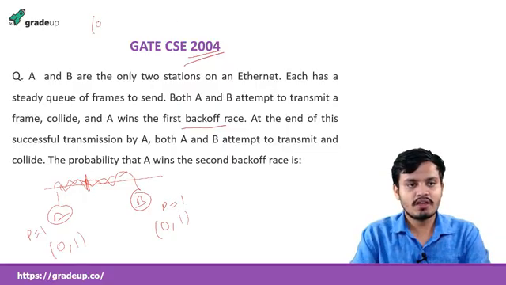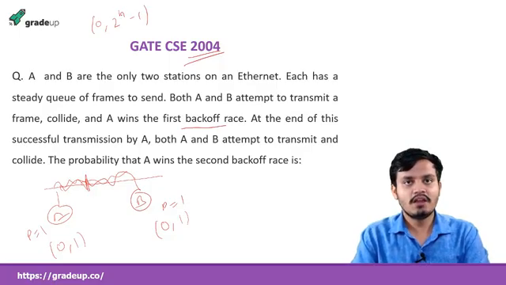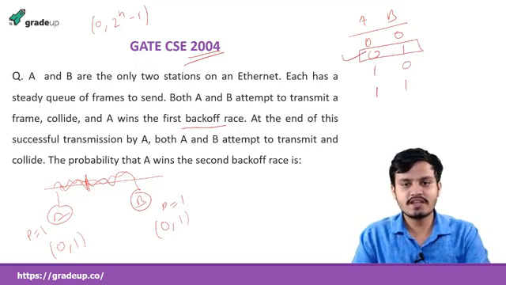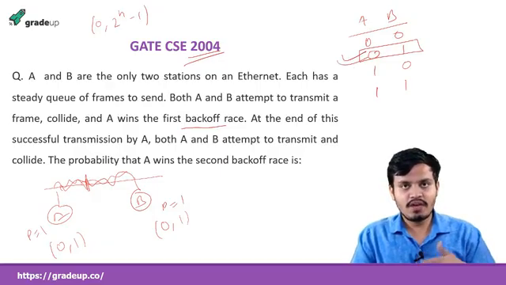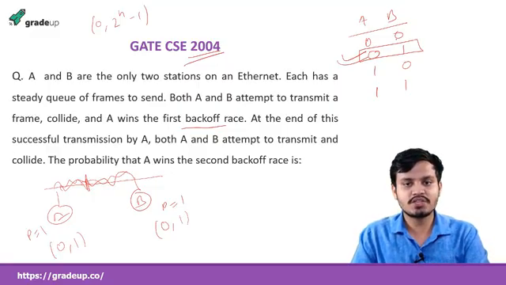Because we have to take the number from 0 to 2 to the n minus 1. I have told you this, and here n will be the number of collisions for that packet. If you put 1, it is 2 minus 1, which is 1. So now if you assign the probabilities, it will be A, B: 0, 0; 0, 1; 1, 0; 1, 1. So that case has happened, this case has happened because A has won. And I told you that when we have the least, we choose our random number, and A has chosen random number 0 and B has chosen 1.